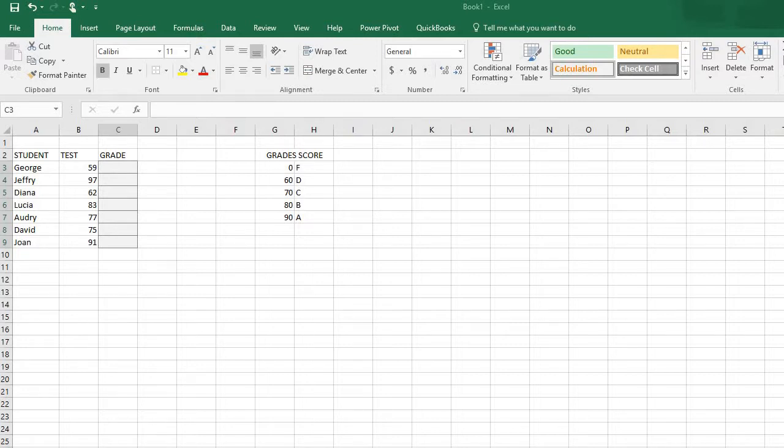Hello guys, today this tutorial is going to be about using VLookup in Excel. VLookup is a very powerful tool and it can save you a lot of time if you have large amounts of information